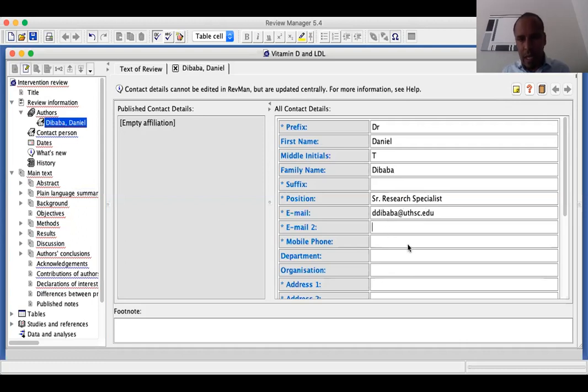Add email and all the information of the author for a correct affiliation to be created. File number, department,